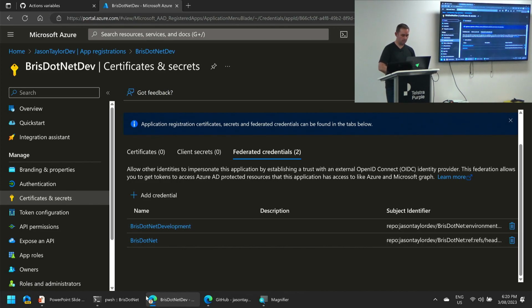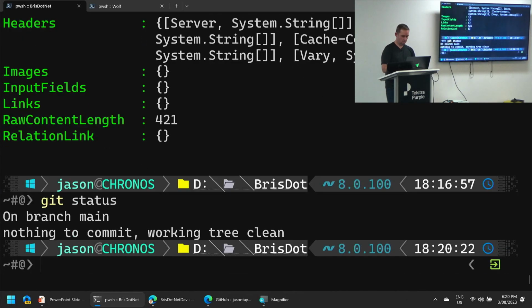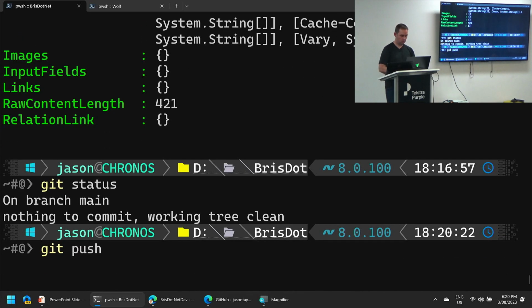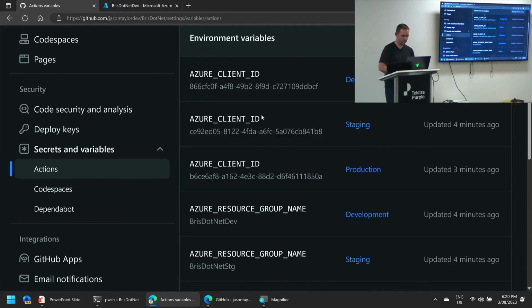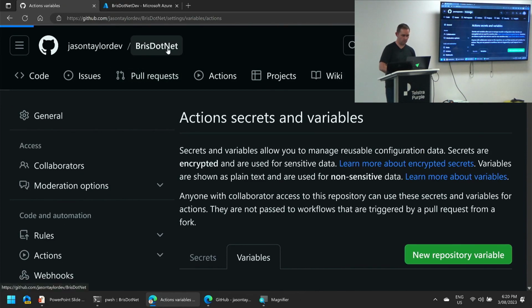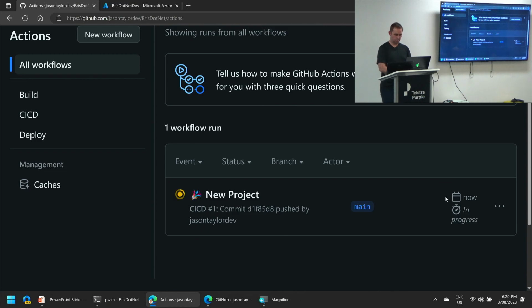Okay, so with that in place, and the pipeline set up, and the workflow with the right permissions, all I have to do now is go git push. Normally, of course, we're going to create a feature branch, do a pull request, get it approved and that sort of thing. We don't have time. It's Thursday night, and really we want to get some beers soon, so we're going to skip that. So come back over here to briz.net and go into actions, and we can see the pipeline has